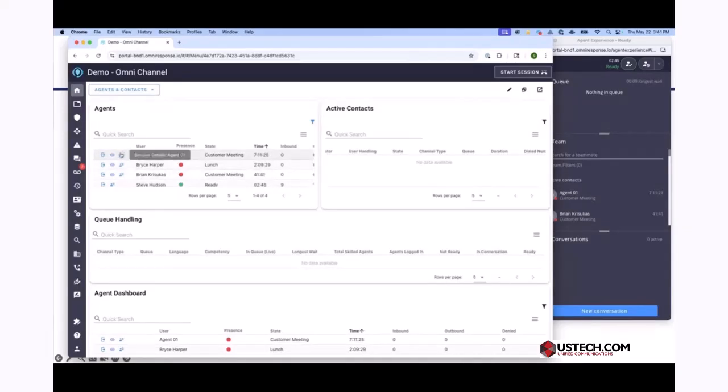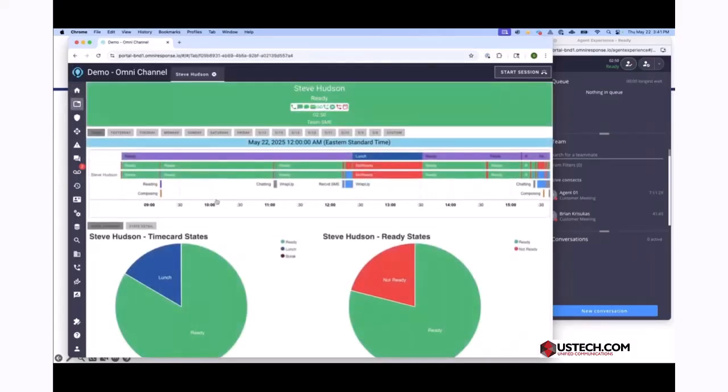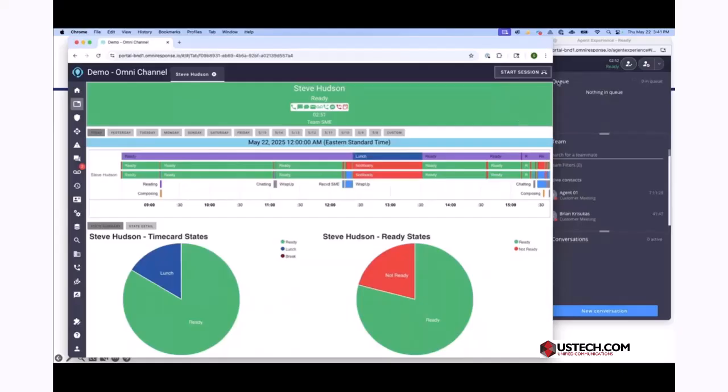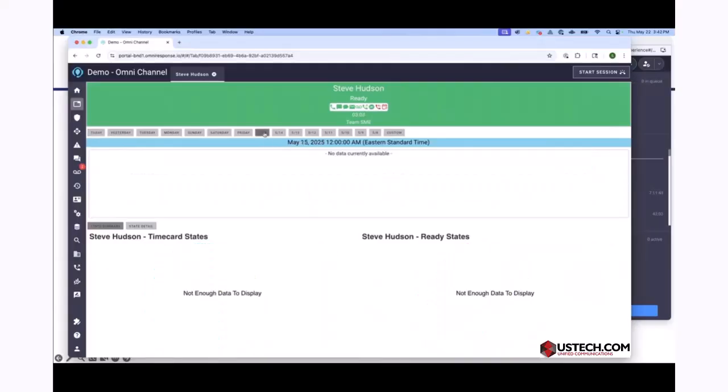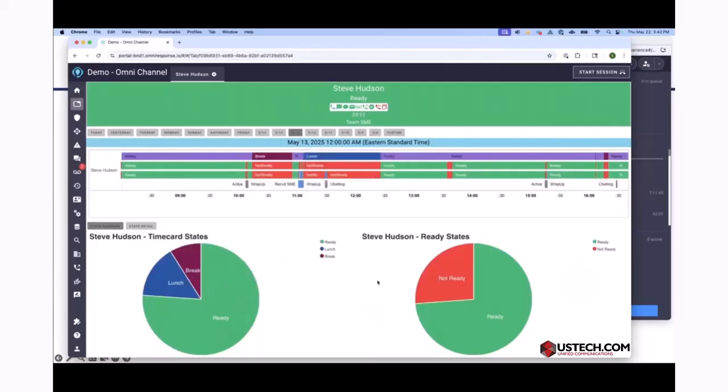And then the last one here on the far right is called session details. I can click on the session details, and it really paints a picture of what's going on with my agents, right? So I can see this agent here, green, ready at the top. It's going to show me some of their ready states, how long they've been in a ready state today, how long they've been in a not ready state. You can see across the top here, this is showing me today. Maybe I want to go to last week. I can click on a day last week and choose those different days as well